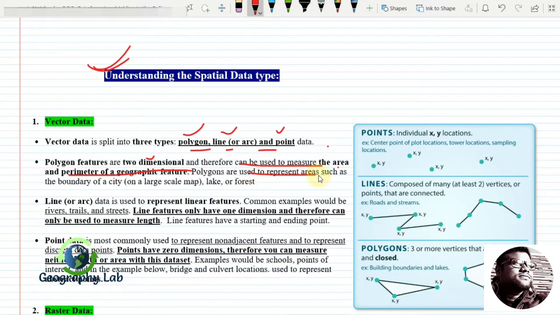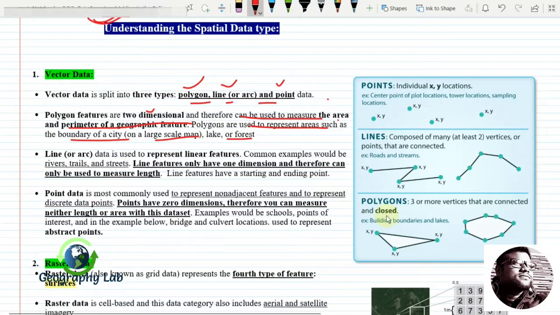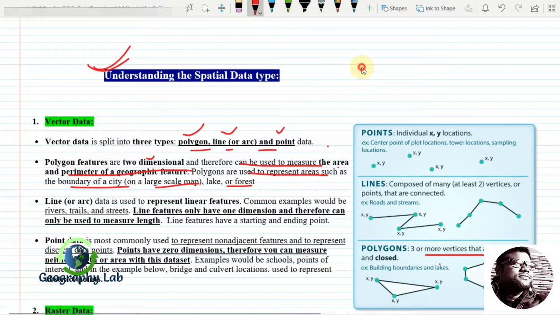Polygons are used to represent areas such as the boundary of a city on a large scale map, a lake or a forest. Geometrically, a polygon can be said to be three or more vertices that are connected and closed. For example, if I place one point here, one here, one here, and one here, and connect these points with lines, it will become a polygon.